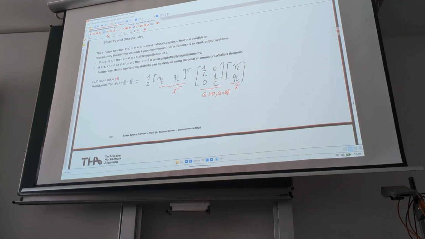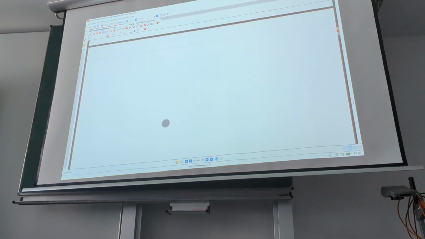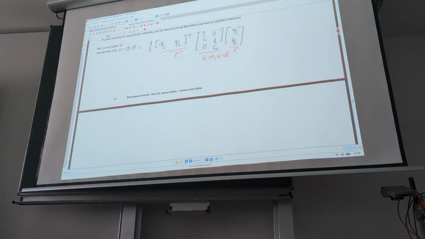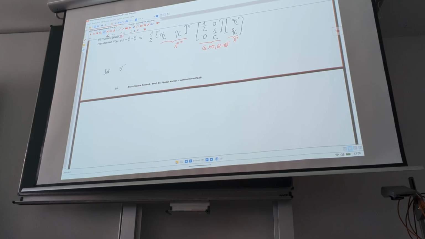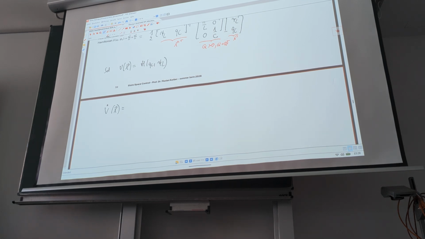Now, if we take that as our storage function, so set V of x equal to H of Q C, phi L. Then, what is V dot? V dot of x, in this case, would be, as we've seen, a